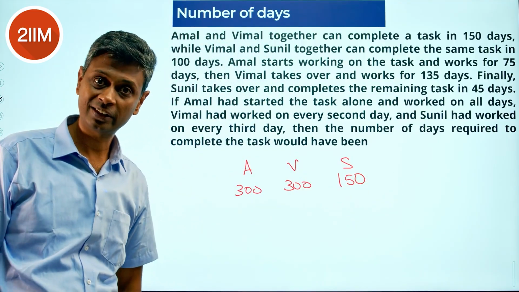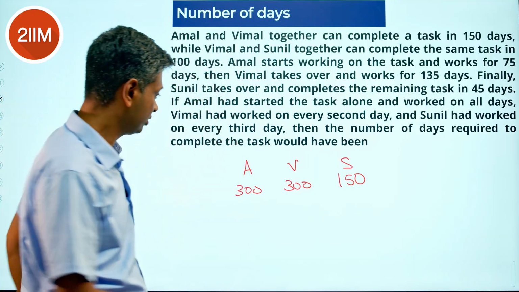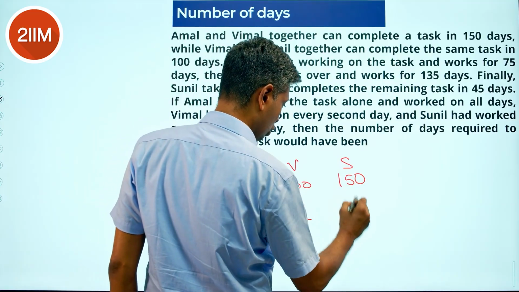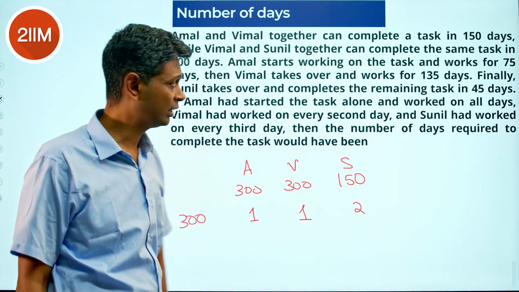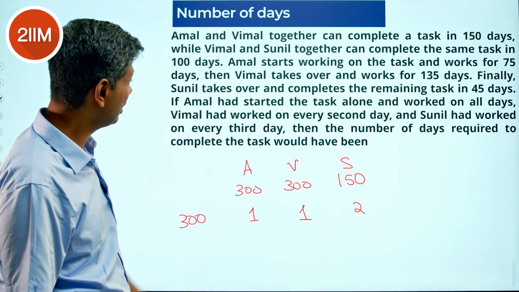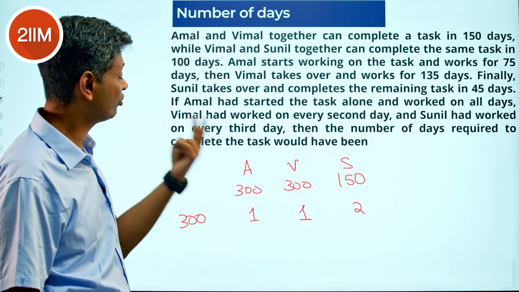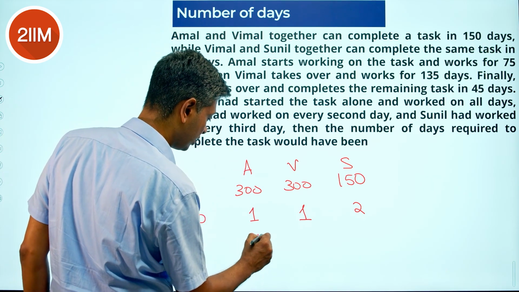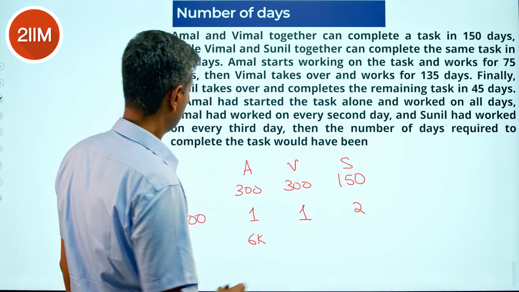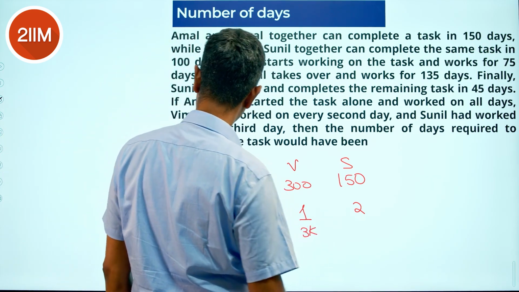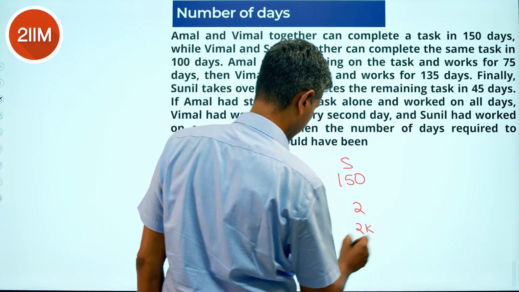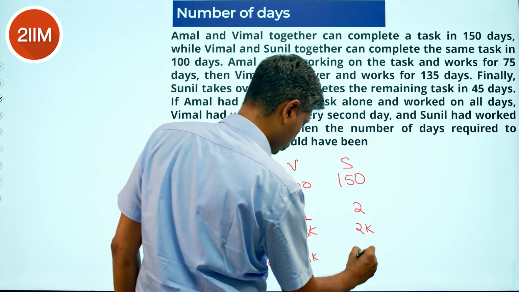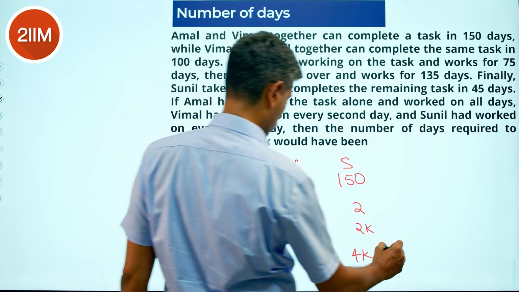To finish this task, fine. So let's say this task has 300 units. Amal does 1 unit per day, Vimal does 1 unit per day, Sunil does 2 units per day. Amal worked on all days, Vimal worked on every second day, Sunil worked on every third day. So let's say Amal works on 6K days, Vimal works on 3K days, Sunil works on 2K days. Total task is 300K, 6K plus 3K plus 4K is